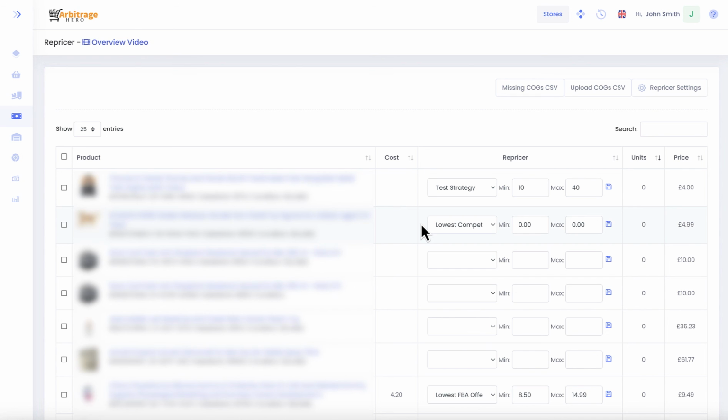We are constantly improving it, and we will be adding new features in the near future. For example, we are looking to add an ability to change strategies depending on the age of your inventory in the near future. Please use the repricer, and if you feel that we need to add new strategies or any new features,